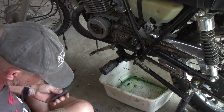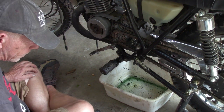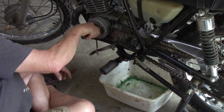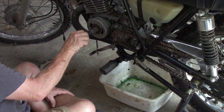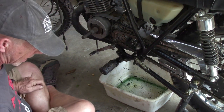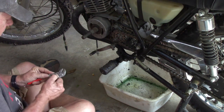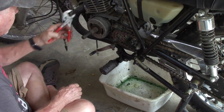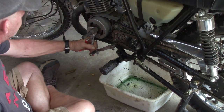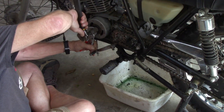But I'll pop that out of there. There we go. If this is not the case, then off comes the cylinder, which I was hoping to avoid doing. And like I said previously, if that is the case, then I am sending this cylinder to Dale, and I will let him rehone it. Because this cylinder is brand new, brand spanking new, the rings are brand new, the piston's brand new, so I'm kind of wondering if this isn't the case here,